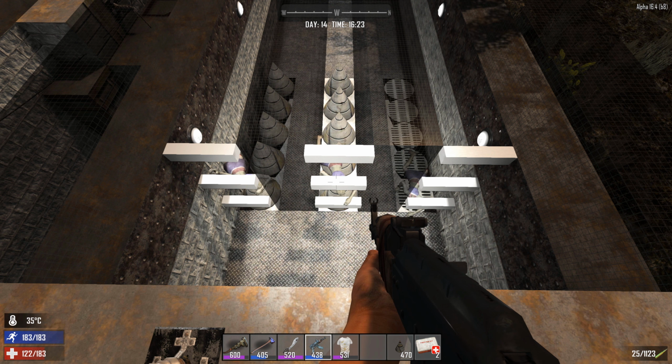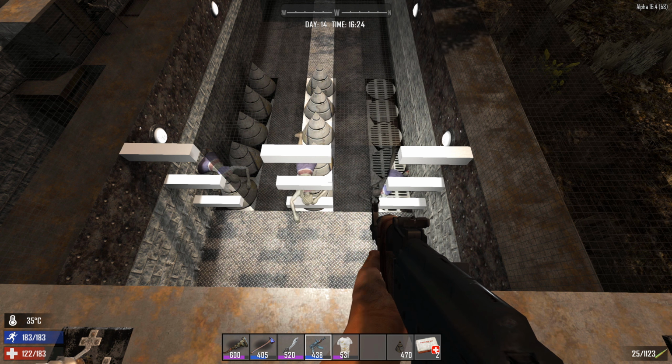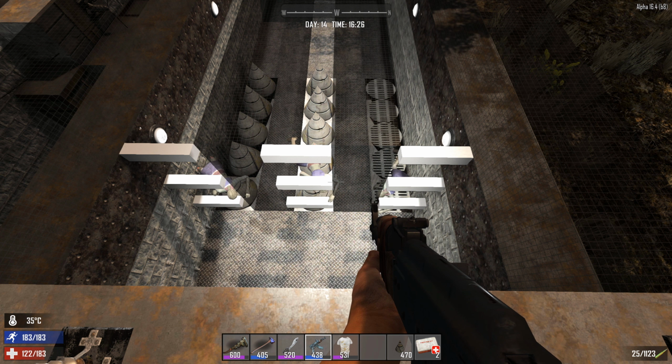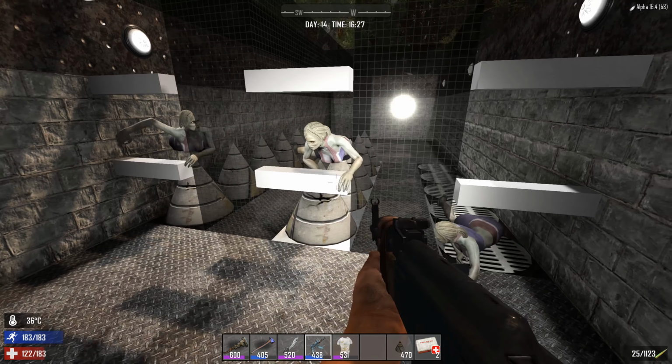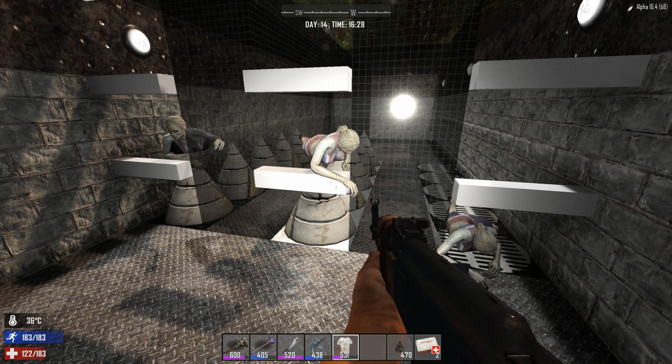Obviously, there could be some minor difference when they take the damage, but otherwise it probably should be around the same amount of damage for the same amount of time. Let's see here. We go down so they all can see me. They're all crawling here on the spikes. You do see that